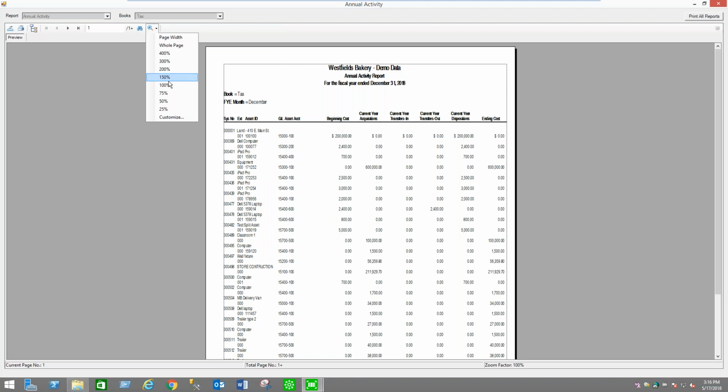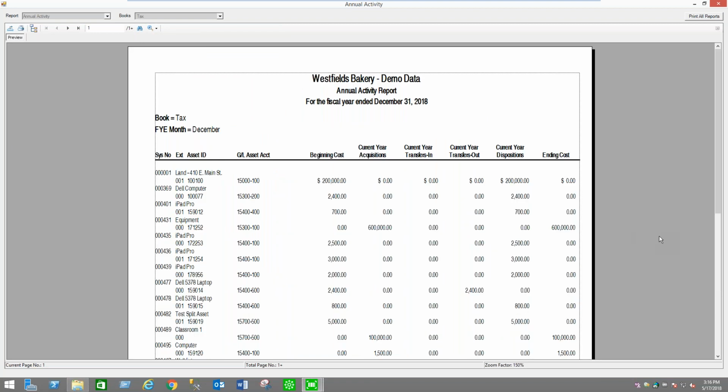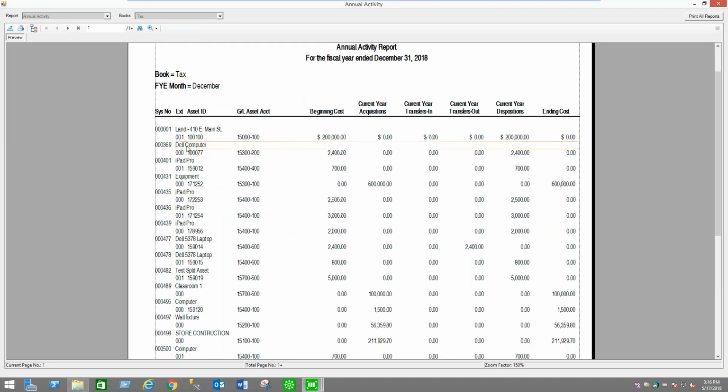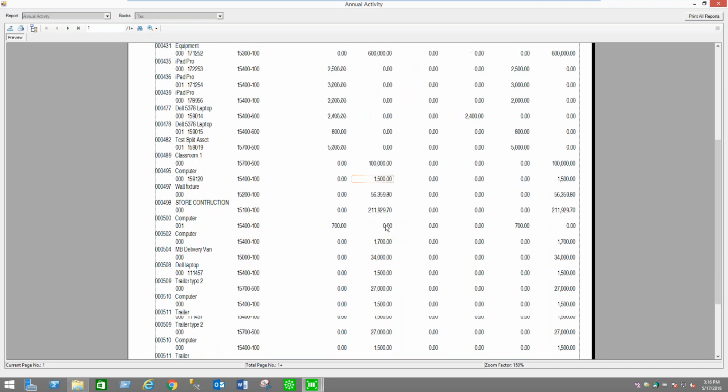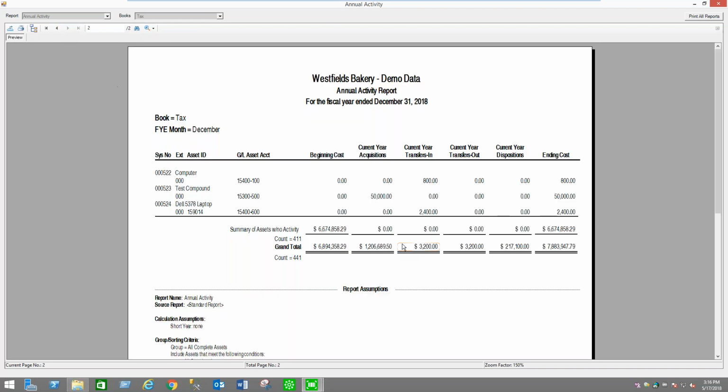So here is that annual activity report, which now, if you notice, it does include a description. Assets that were not added during the current year, of course, are going to be summarized to $0 because it was not added in the current year. And the ones that were, you'll see that value. And of course, on the very last page, you'll actually see your totals for your current year additions, current year